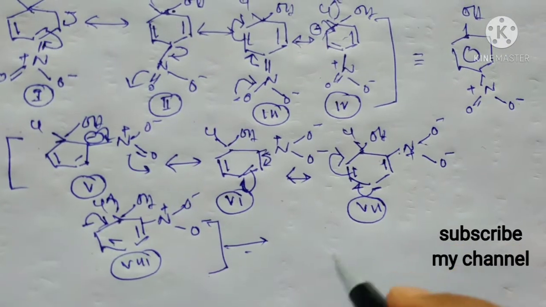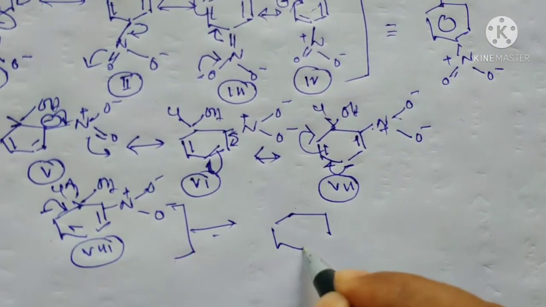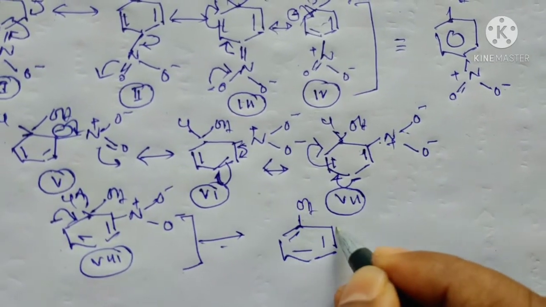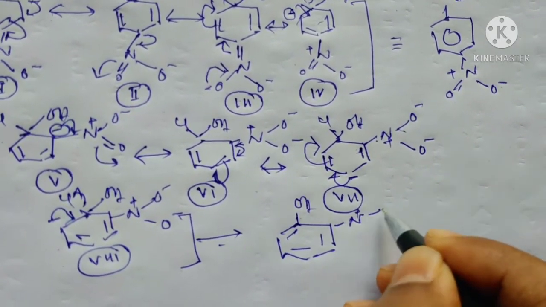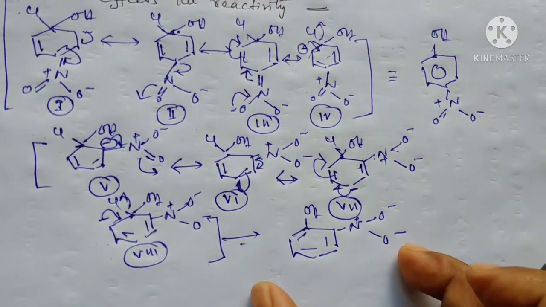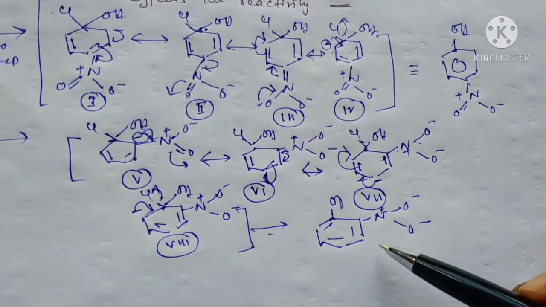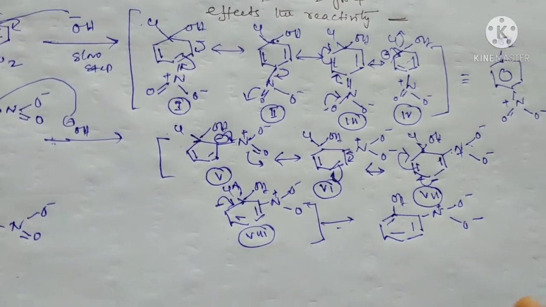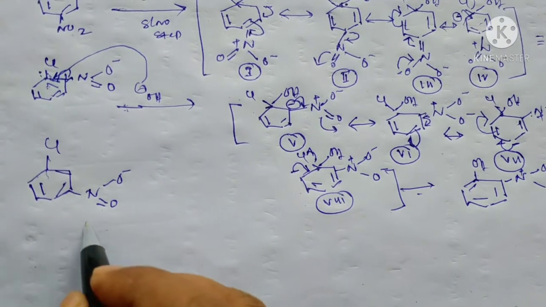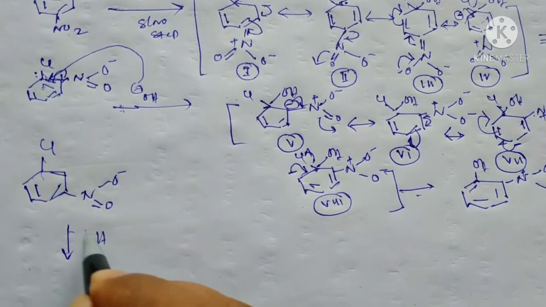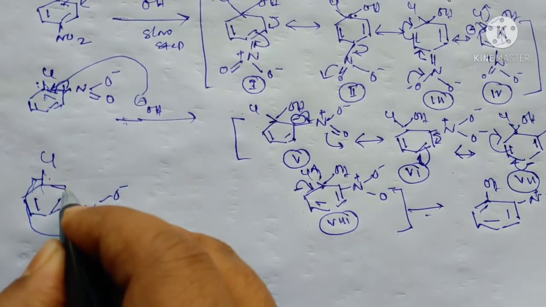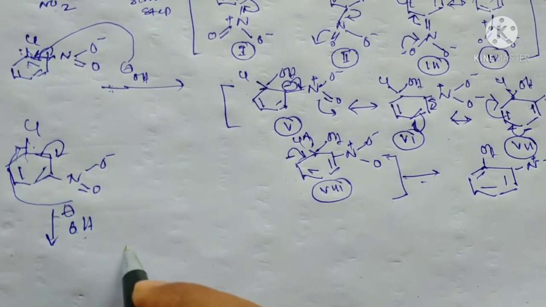Now this minus will push back over here and chlorine will get out of the system, and then it will form our required compound, orthonitrophenol. Okay, and this is our orthonitrophenol, this is how it forms. This is our paranitrophenol, this is our orthonitrophenol. Now students, I'm going to do it for the metanitrophenol. Now a similar case, metanitrophenol, which will be attacked over here, and then it will form the negative ion over here. Now see,